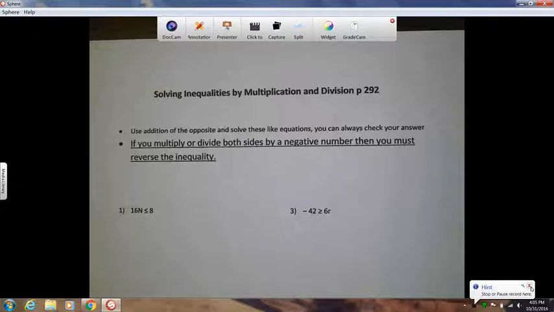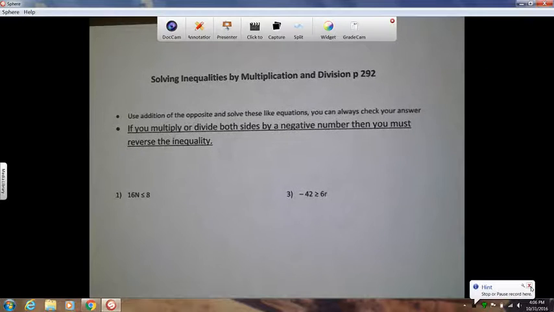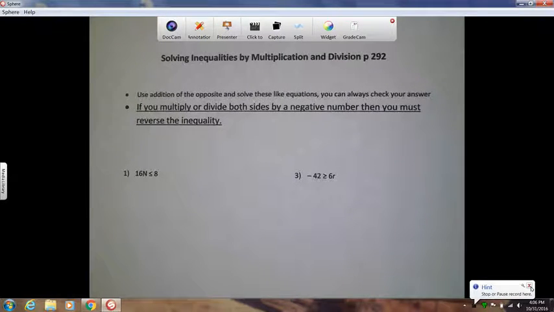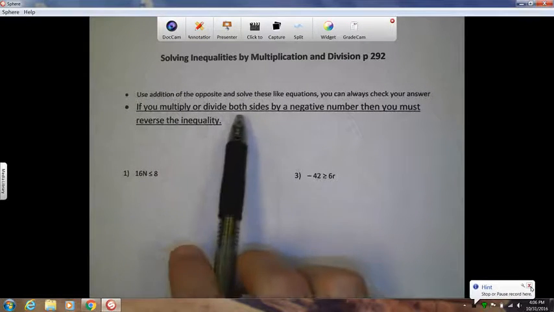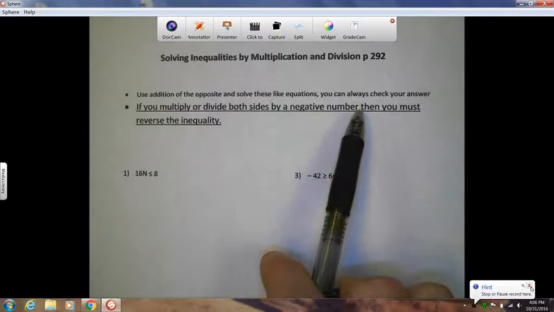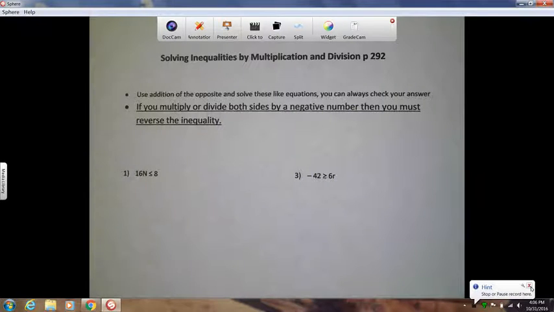Solving inequalities by multiplication and division. So really you're going to use the same rules, and the stuff from the previous set of notes you need to have memorized. It's assumed you know that. The one additional thing we're adding: if you multiply or divide both sides by a negative number, you must reverse the inequality. So you have to multiply or divide,